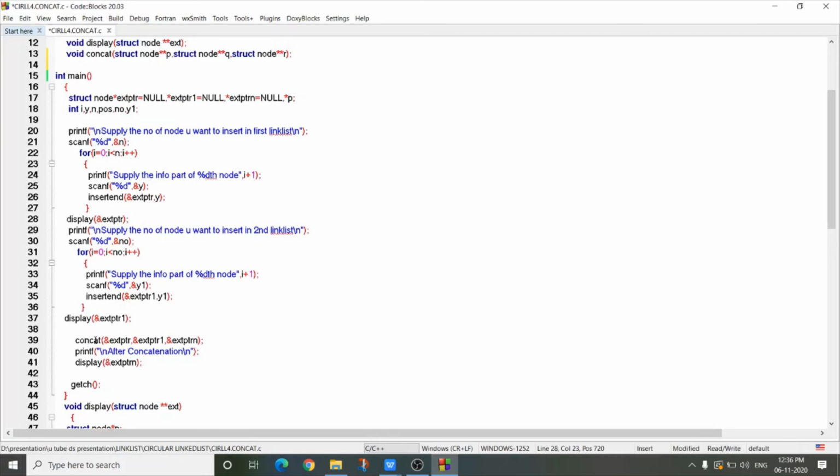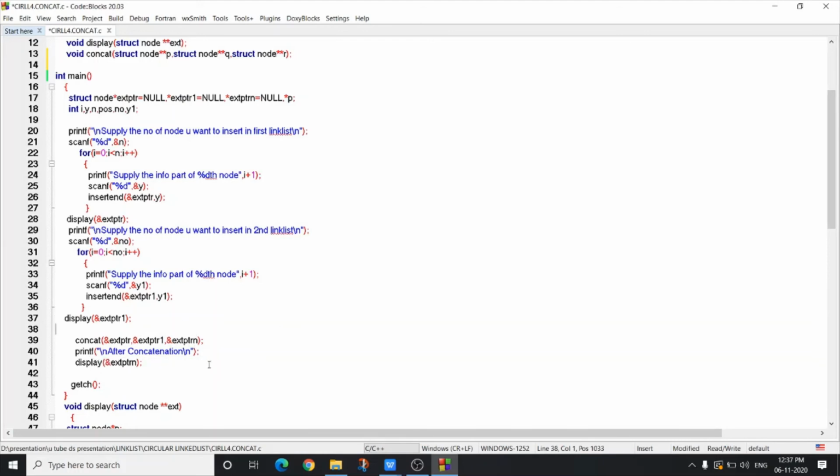Now call the function concat by passing the address of extptr, that is the first linked list external pointer address, the address of extptr1, that is the second linked list external pointer address, and the address of extptrn, that is the newly created linked list external pointer address.